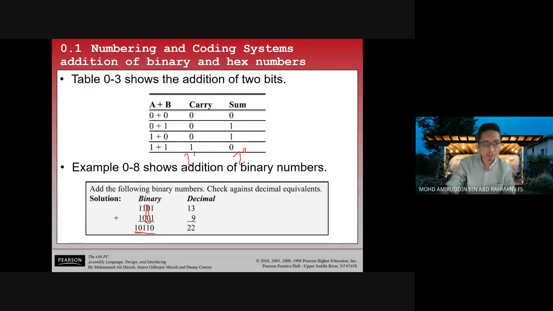Or you can even do the conversion first to the decimal. Do the conversion to the decimal, and then you add that, so you get 22, and then convert back to binary. That can also be done. Okay, so 1101 equals 13, and this one equals 9, so you just add both of that. All right, so you got 22, and then you can convert back to the binary, so you get 10110. Okay,